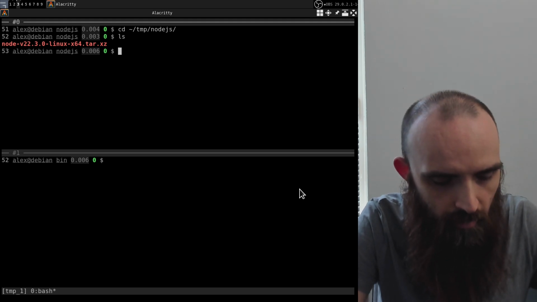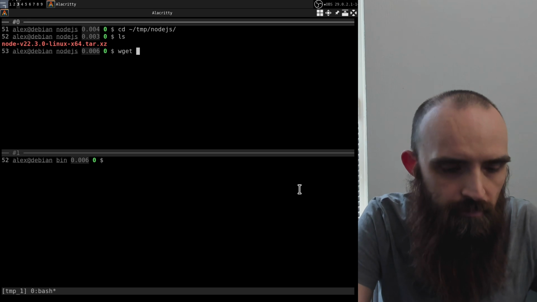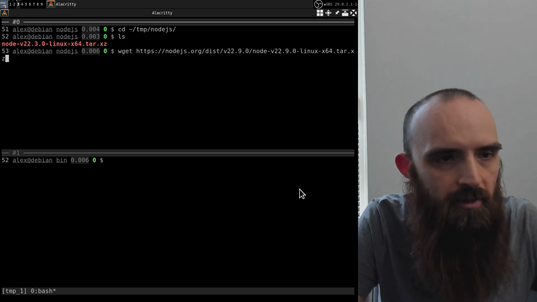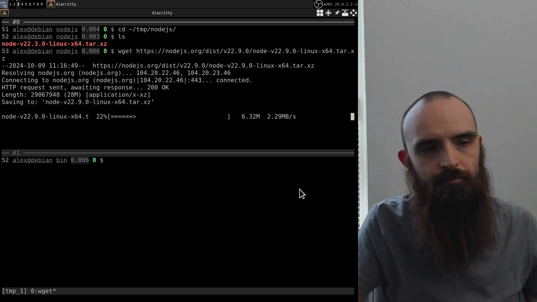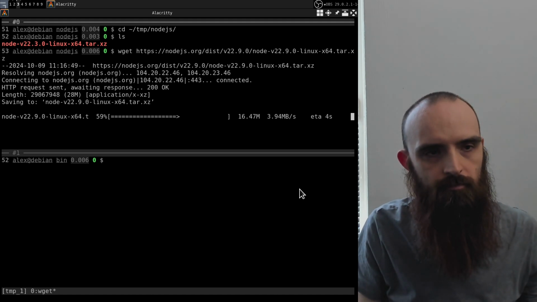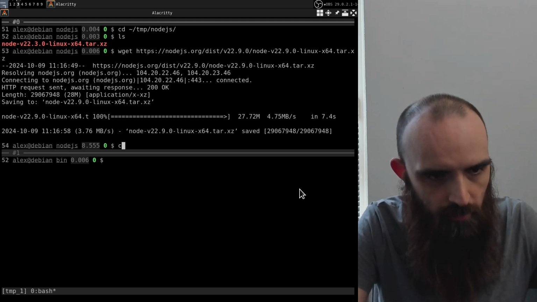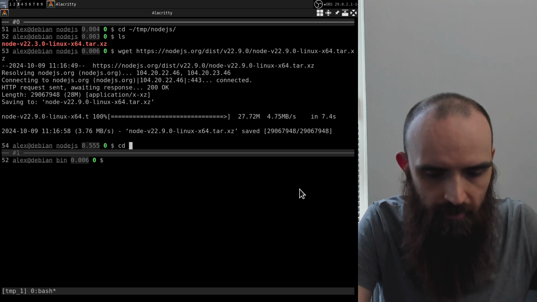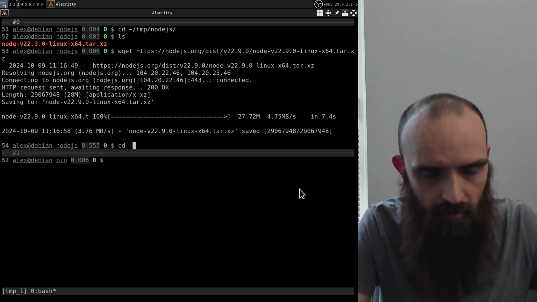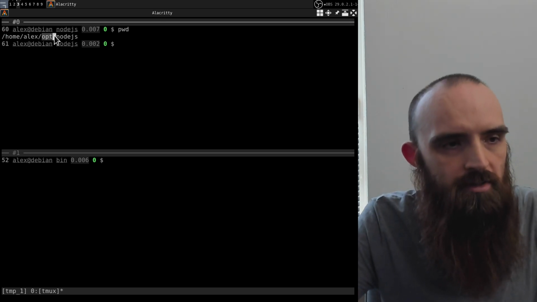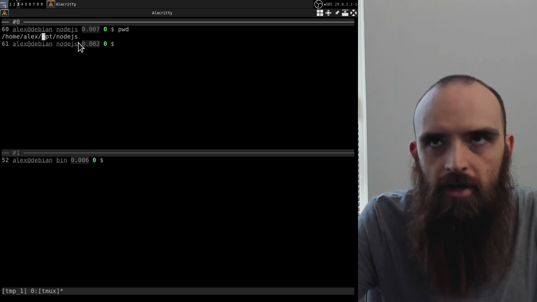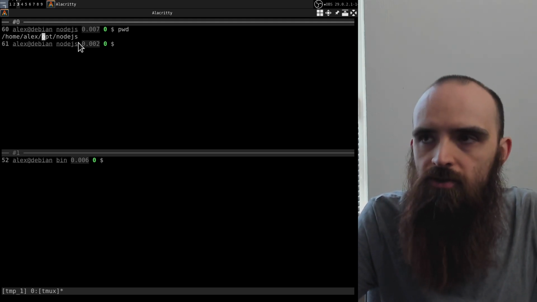So I'm gonna use wget to download the file, and I'll just paste the link that I just copied and press enter. So it's gonna download it. And now I'm gonna switch back to the previous directory because that directory is where I'm gonna be installing it. So this opt directory that I have here, it's in my home directory, and that's a directory that I use for these kinds of situations where